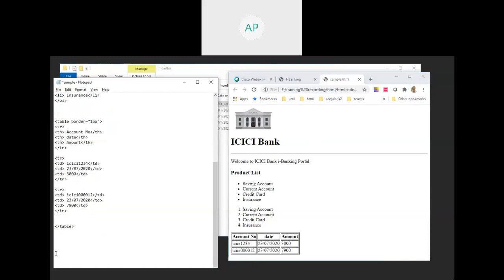Next, you will try to create one form. When you go to some website, when you click login or register new customer, there will be some text box where you enter and you click the submit button. If you want to create something like that, before that, there are some other tags you will try to see.